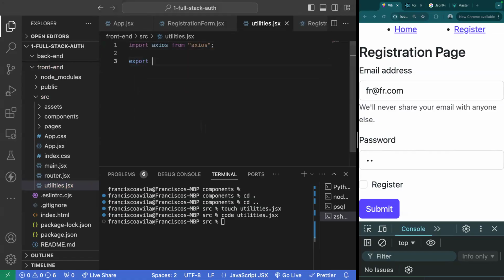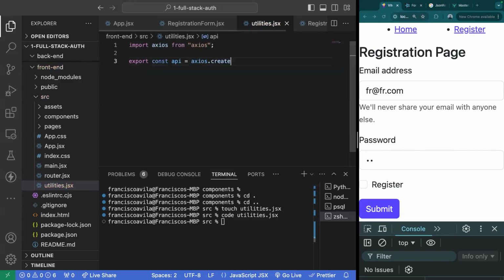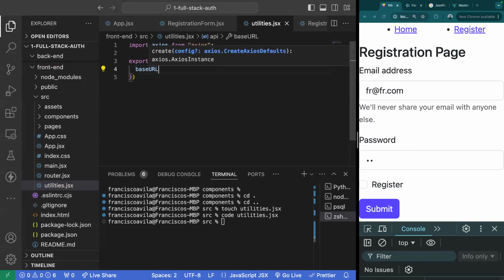And I'm going to export something called API. And what API is going to be is an Axios instance that will have the base URL as follows of